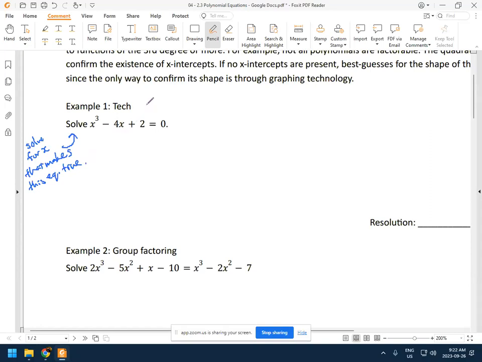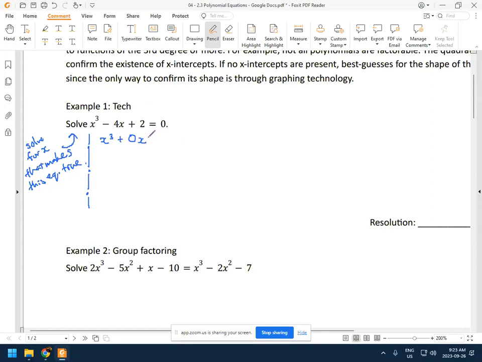And so when Cecilia says solve for the x-intercept, yes, it's solving for x when the y value is 0. You get me? But I can just as easily say solve when x cubed minus 4x plus 2 equals 2. Now that's not the x-intercept, but I still want you to solve for x that makes this true. Okay? So let's take a look. I am going to shamelessly ask you to jog your memory for your integral zero theorem. If you wanted to solve for this, the easiest way is to